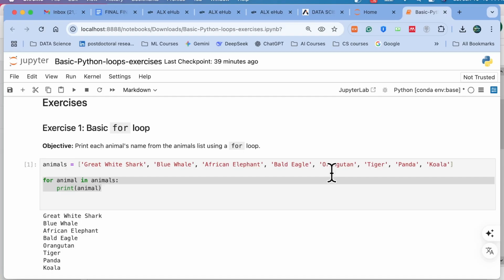Using break in a loop, stop the loop once you find orangutan in the animal list. Write a for loop. Here is the given hint. So for animal in animals colon, we're going to make a nested condition, right? If animal